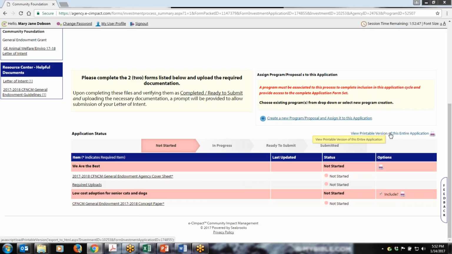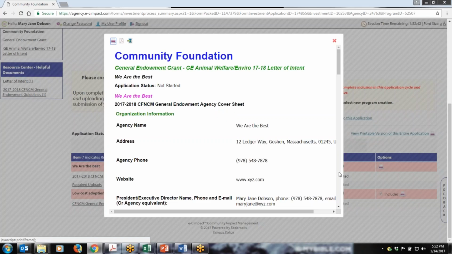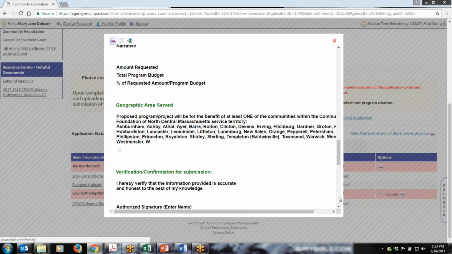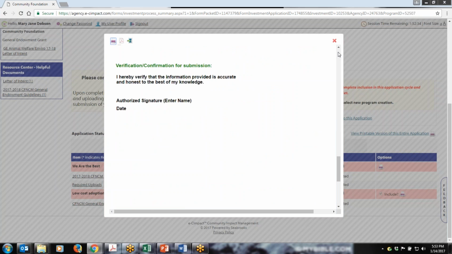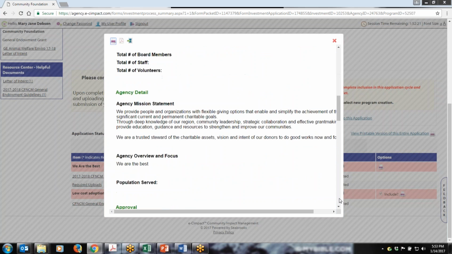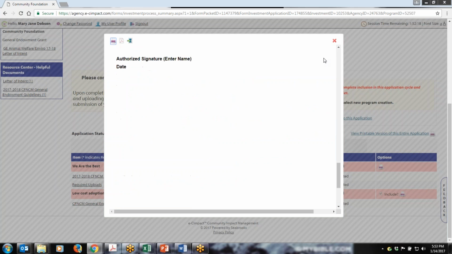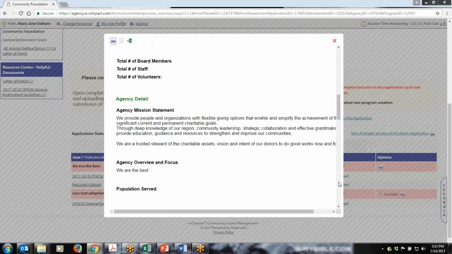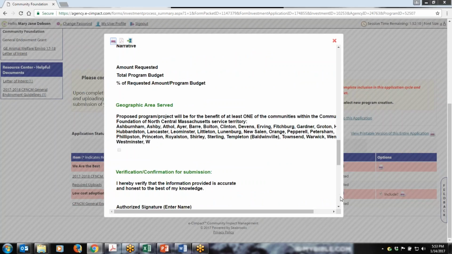Best suggestion or best practice is to print a viewable version of this entire application. By doing that, you're going to get a pop-up that is going to list out the actual application on all parts of that. What I recommend is either printing that directly or saving it as a PDF so that you can print that out and take a look at the questions that are there and have the opportunity to write out your answers, especially on the longer narratives, in a Word document or other document that you can cut and